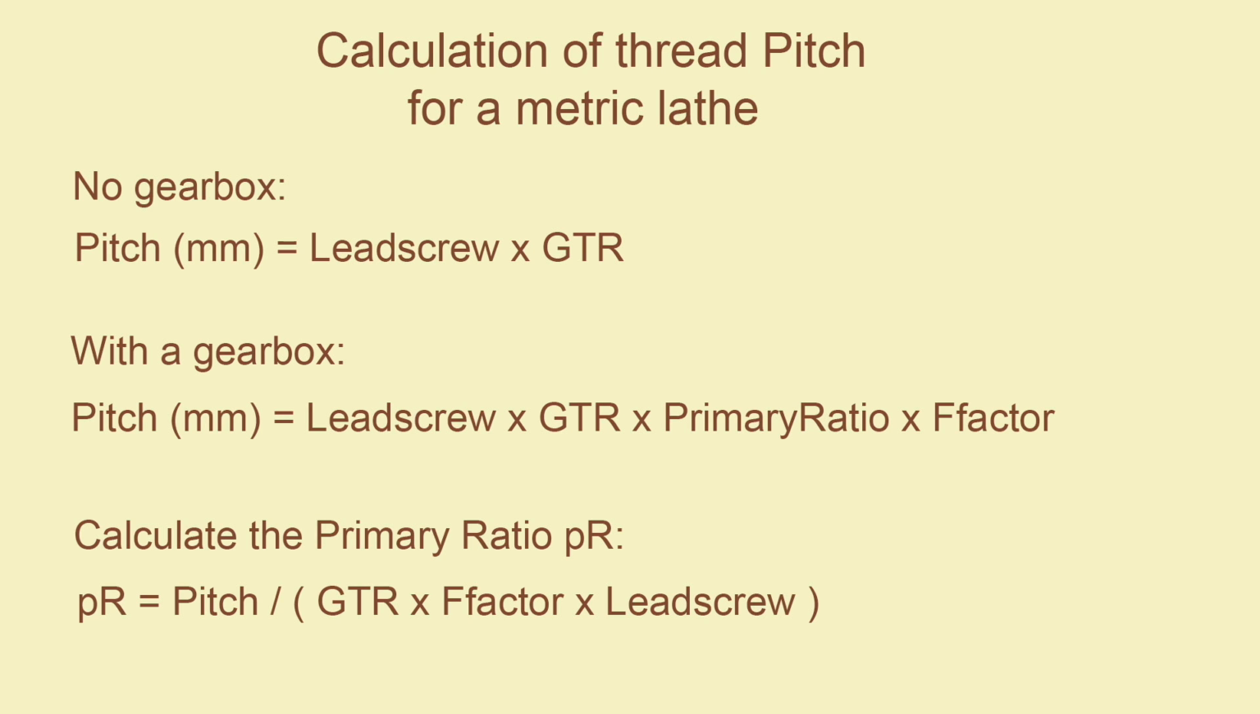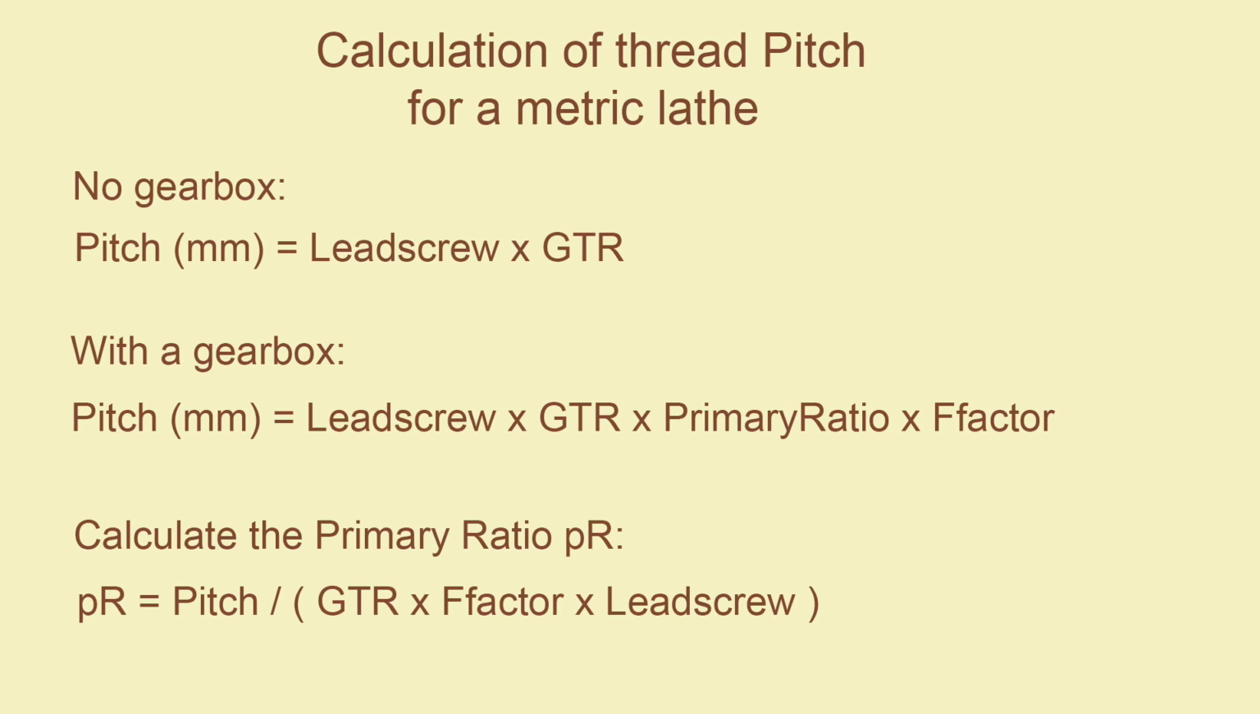And now we're in a position to actually calculate this primary ratio. So what we do is we take all the terms on the right-hand side that we don't want there and divide both sides of the equation by that same amount. So we can take the pitch on the left-hand side and divide it by these terms that we don't want, GTR, F factor, and lead screw, and that leaves just the primary ratio on the right-hand side. We flip the equation around to write this primary ratio equals the pitch divided by GTR times F factor